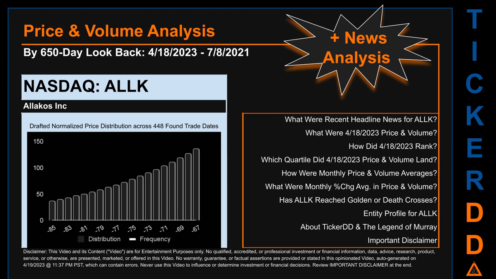The chart shown on this page is our initial attempt at studying the price for ALLK after dynamically normalizing price distribution across those discovered trade dates. The bar chart is the generated distribution and the overlaid line graph, if it is generated, is the frequency of the prices on the x-axis. We will enhance this look-through as our AI model progresses in the next iteration. Remember that this is just a drafted, in progress, observational model to best fit abstracted third-party data into various opinionated views. Before we jump into price and volume analysis, let's look at recent headlines for ALLK.